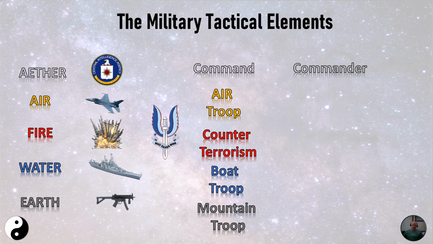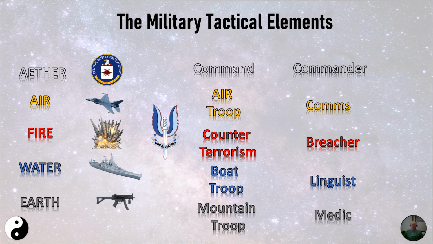And then if you break that down, within a troop, you have 5 main people. The commander, the comms guy. He's related to the air element because comms is going through the air. Then the counterterrorism, the fire element. He's the breacher. He's the one who gets them into places through explosives. You have the linguist, the toing and froing of language between maybe you and the enemy or you and someone else. And then finally, you have the medic. The medic is the person who provides the medicines, the ground stuff that you grind up, but the pharmaceuticals that are solid that go into the body and dissolve in the body